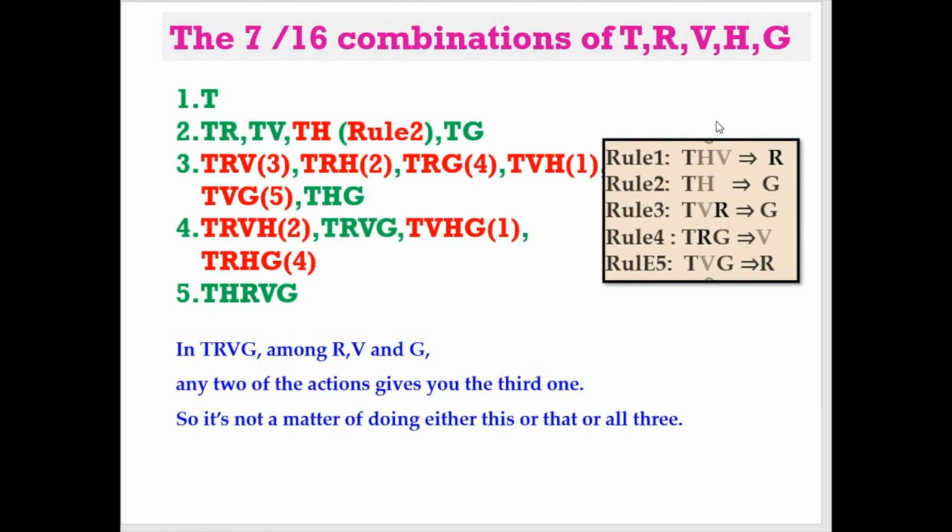So we cannot have, even though as such when we consider the combination they will be there, but in this context without T we don't consider any of the combinations. So this is what we have: TR, TV, TH and TG. Now two at a time that we have taken. In this we rule out TH for the reason that whenever you have T and H, glide should be there. If it is not mentioned, then this has to be taken away. So we have only TR, TV and TG: translation rotation, translation vertical, and translation glide.